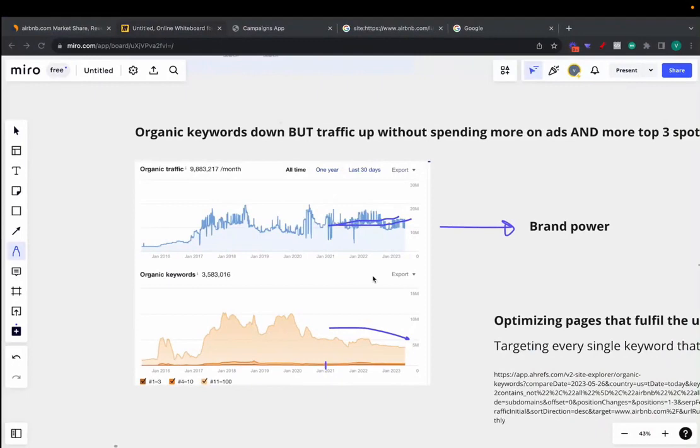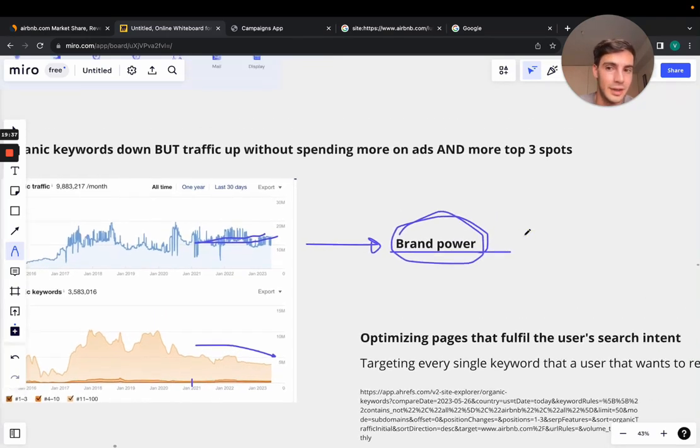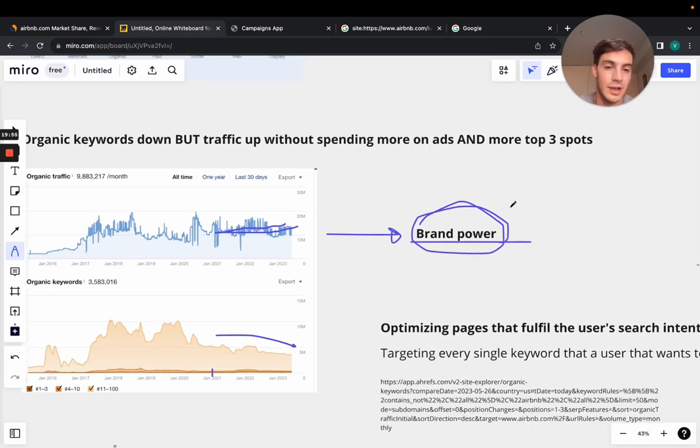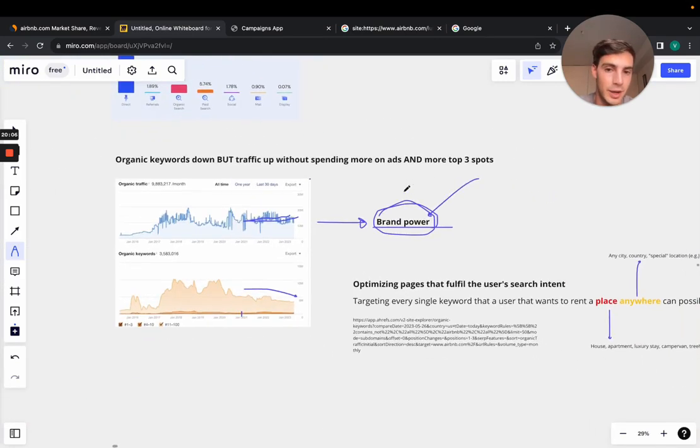Which is very smart. And this also ties in with the brand power. How so? Because most likely they're ranking for a lot of branded keywords, right? And that was achieved through the investment in more branded marketing. And they have an article in the Wall Street Journal or New York Times about that, about investing more in brand, right? Like the billboards you see saying just Airbnb, right? Investing in brand and leveraging all the years that they've been building out their brand to rank higher for more branded